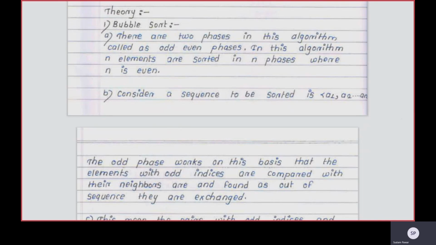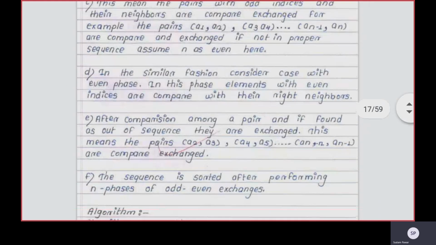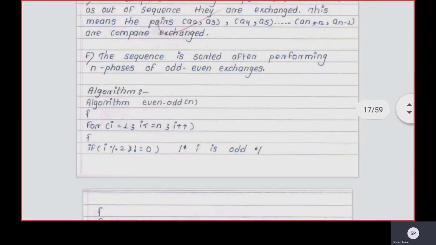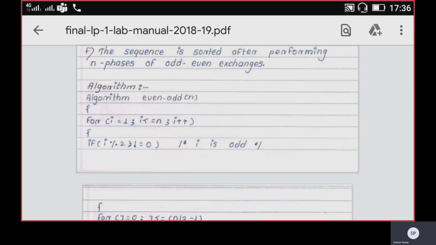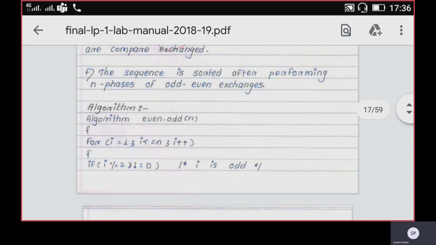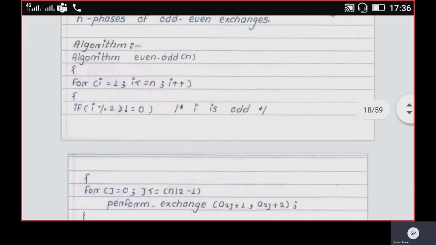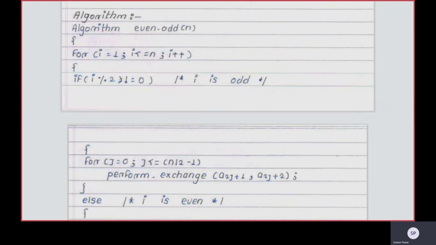We'll discuss this algorithm shortly. In every step you are considering a pair of elements there. Directly we'll take an example on this particular odd-even sorting algorithm, which is also called the odd-even bubble sort algorithm. The algorithm we will discuss directly is given in the form of pseudo code.